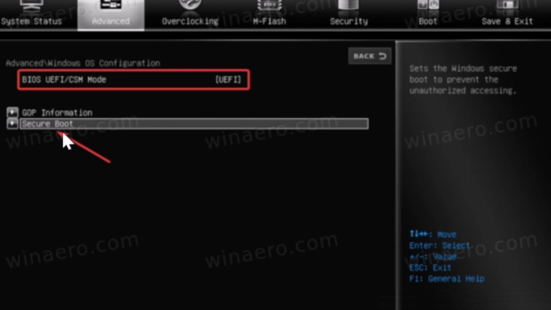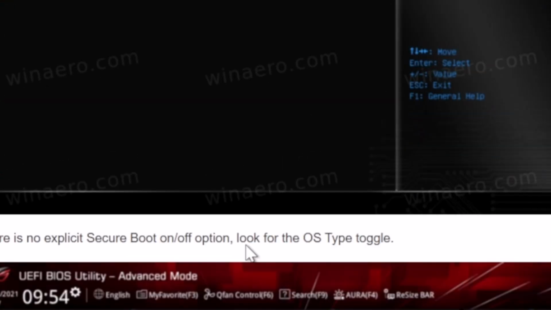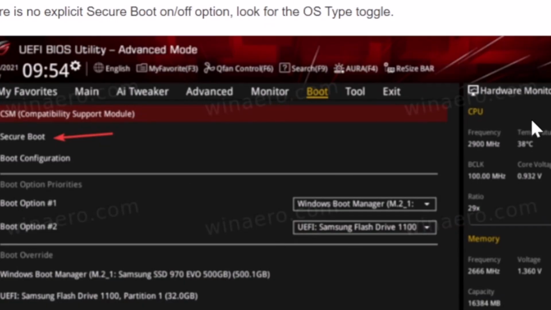So basically, what happens here, if you cannot find or enable the settings, you may need to first disable a setting called CSM, Compatibility Support Module, in your BIOS. Once enabled, you press the key to save and exit, often the F10 key. If there's no explicit Secure Boot on/off option, there is the OS Type toggle that usually